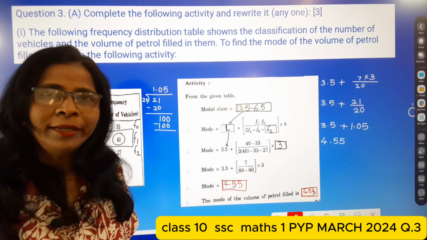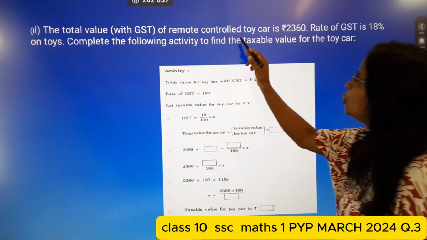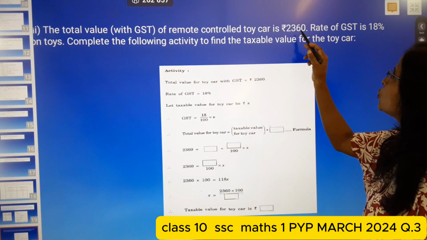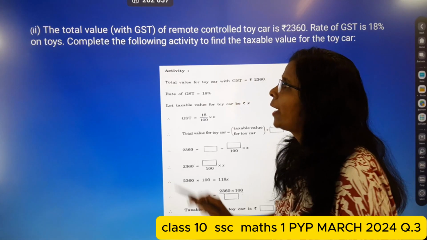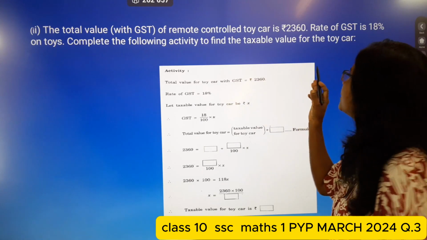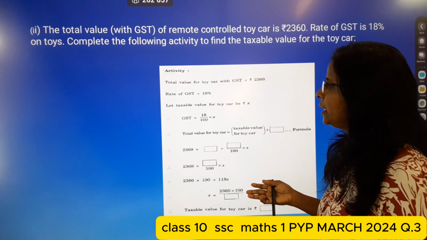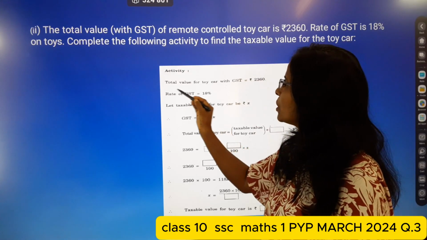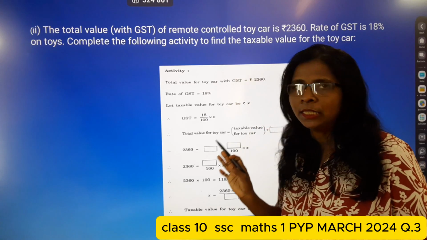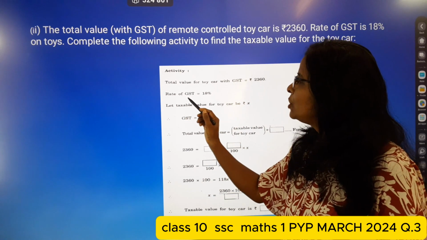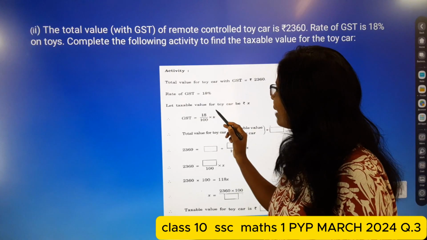Activity: students, the total value with GST of a remote control toy car is rupees 2360. The rate of GST is 18% on toys. Complete the following activity to find the taxable value for the toy car. Okay, so now here this is the given activity. Total value for the toy car with GST is rupees 2360. That is the given. Also the rate of GST is 18%, and let the taxable value for the toy car